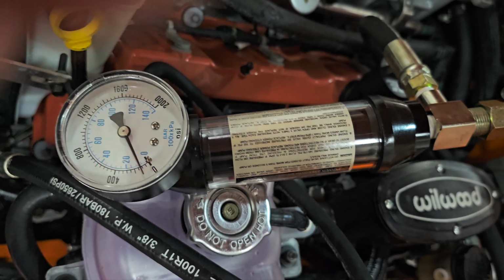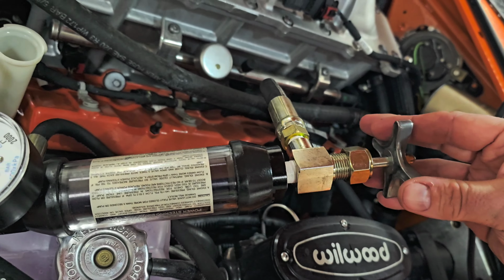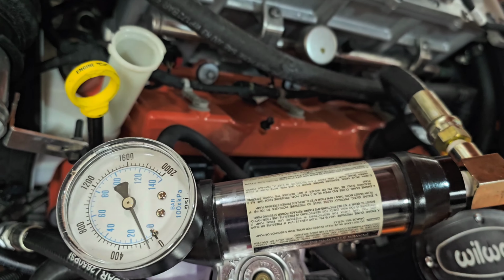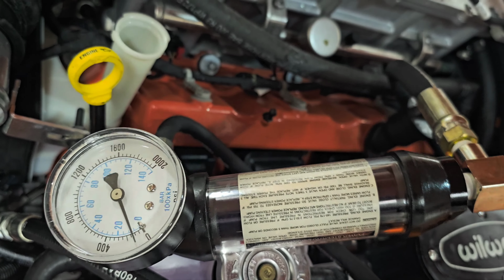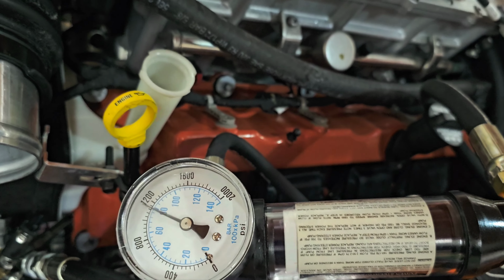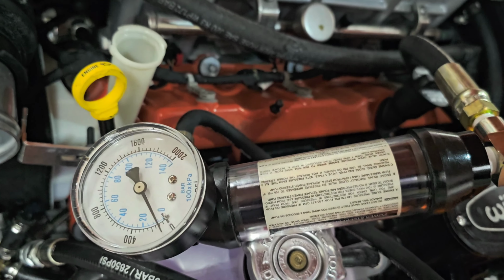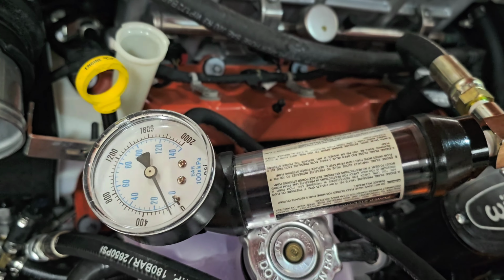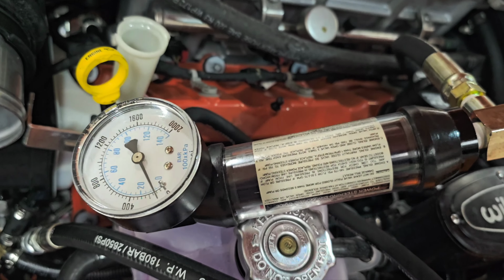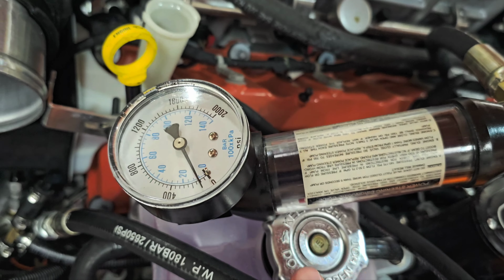As far as relief pressure goes, let's see if I can do this. So I got the knob here, I'm going to turn it in. There's still some air in here, so it's going to jump around a lot. Let's see what we got. You'll hear the pump start loading up and whining. There we go. So I would call that about 1100, 1150 psi. That's about 100 less than I wanted, but it's definitely at a low enough point where it's not going to harm any of the components from excessive